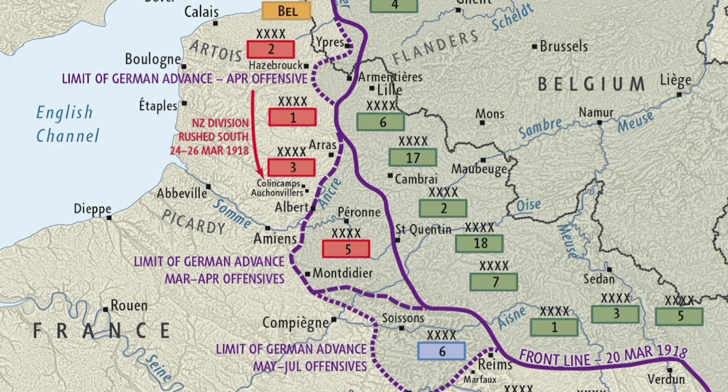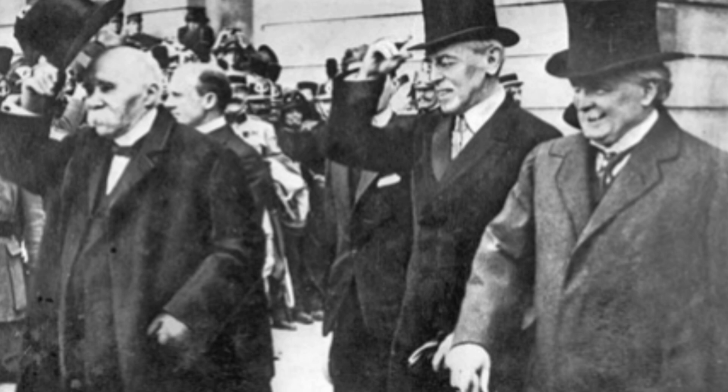Despite all of this, the German people had been told they were about to win the war, and so many people believed their politicians had stabbed them in the back by surrendering. The terms of the TOV were mostly created by the Big Three. These countries were France, led by George Clemenceau, Britain, led by David Lloyd George, and the USA, led by Woodrow